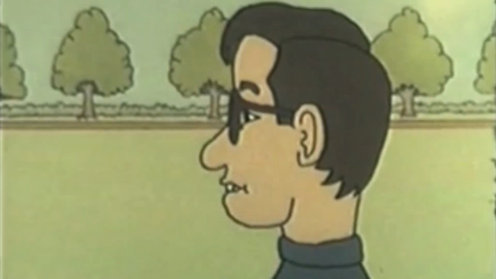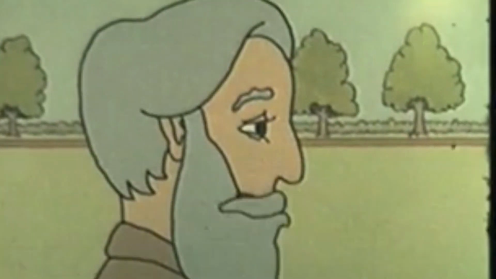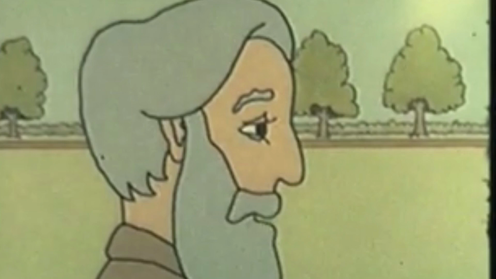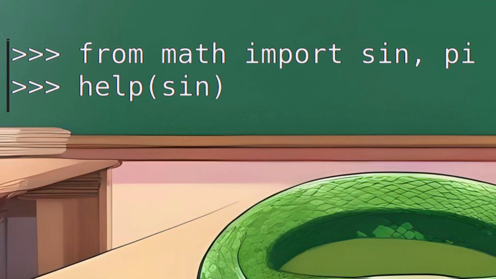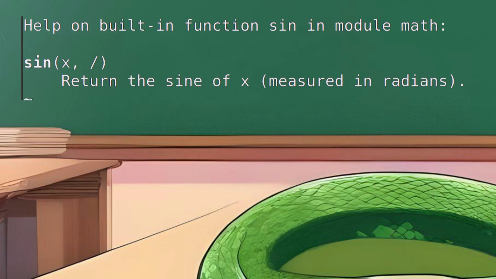So, what are decorators? A decorator modifies a function's behavior. Let's look at the sine function, as it is contained in the math module. If you look at the help file, you can see that the sine function expects the argument to be measured in radians. There is no way to call it with a degree value,